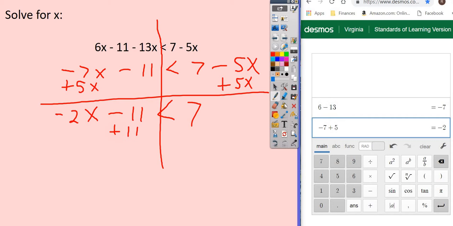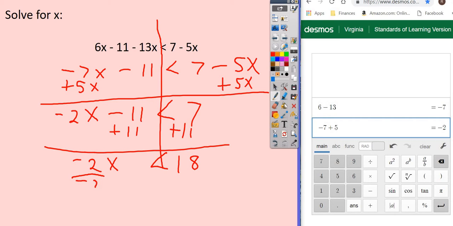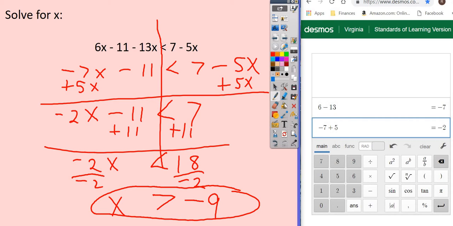So I'm going to add 11 to each side. That leaves me with negative 2x less than 18. Then I have to divide by a negative 2. And when I divide by a negative 2, that's when my inequality switches. And I end up with x must be greater than negative 9, because positive 18 divided by negative 2 is